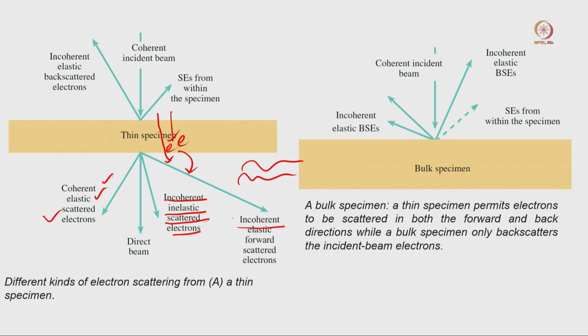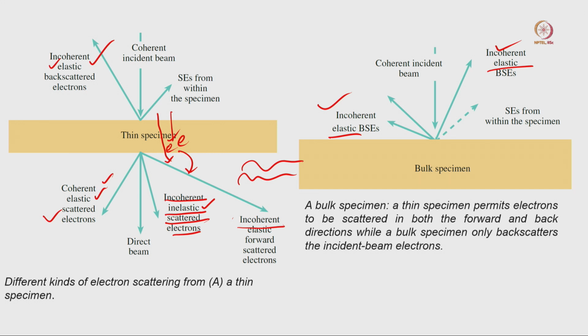So here you can see why some electron beams are incoherent and some are coherent, why some are elastically scattered and some are inelastically scattered. And when there is a thick sample, similar phenomena occur: elastically or inelastically scattered electron beams, and coherent and incoherent electron beams. So we have to consider all of these things when we think about image formation for any biological science sample. Always remember that.